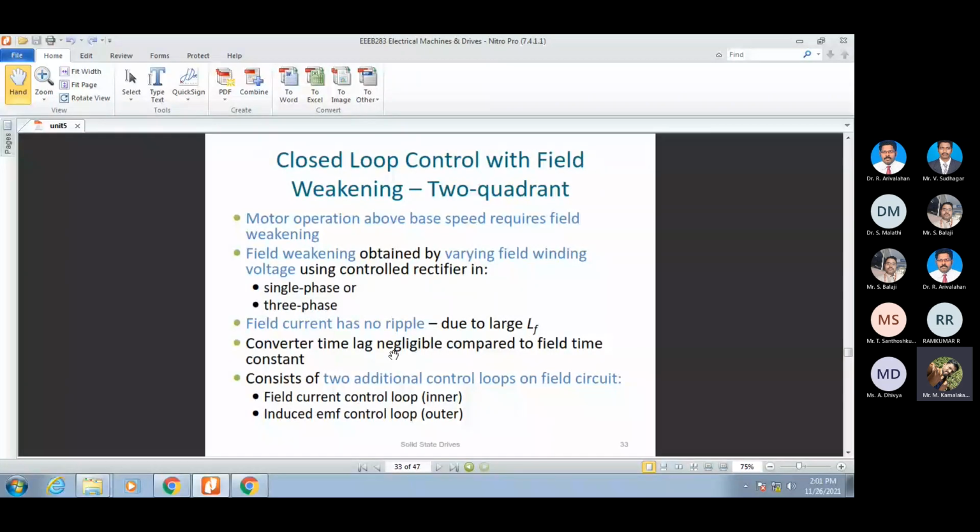we have two. One is nothing but the field current control. Here also we have the innermost current control, and we have the outer control called induced EMF control. Here we do not have any speed-oriented control or position-oriented control, because the field serves as the stator part in the DC machine, so we won't experience any speed at the stator part, and we don't experience any such position of the rotor. Since it is a stator, we go with the field current control as the innermost loop, and the outer loop is nothing but the induced EMF control.